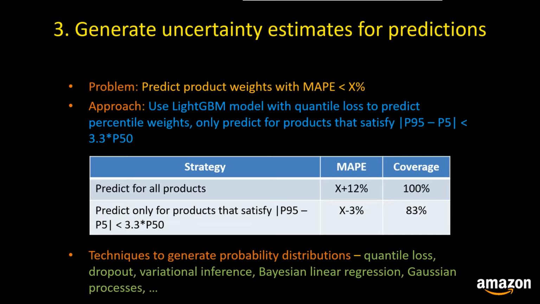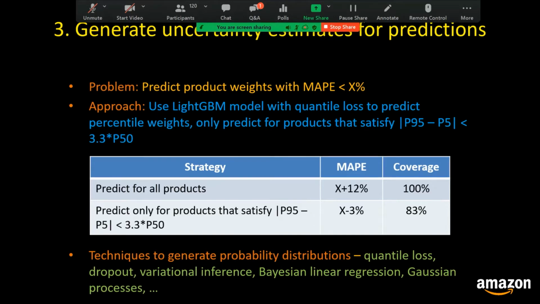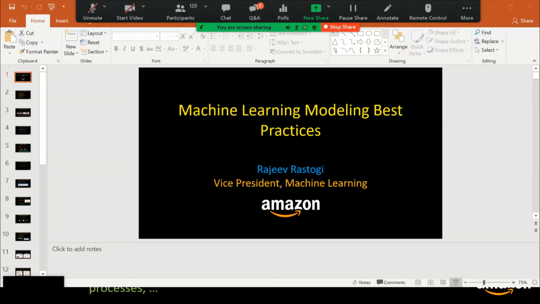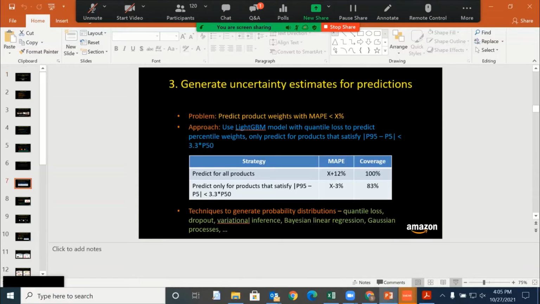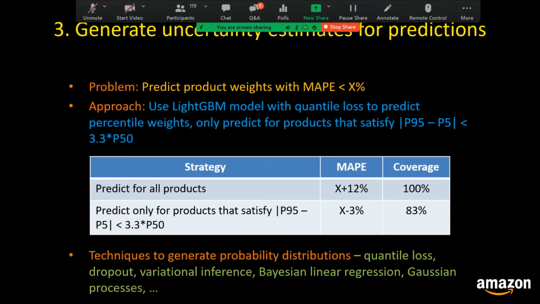So what we see here is by suppressing predictions for products whose predictions have a high variance, we are able to reduce MAPE below X% and meet the business requirements. So in general, it's a good practice to generate probability distributions as opposed to point estimates. There are several techniques out there to generate probability distributions. One can use quantile loss. For deep neural networks, it's possible to generate probability distributions